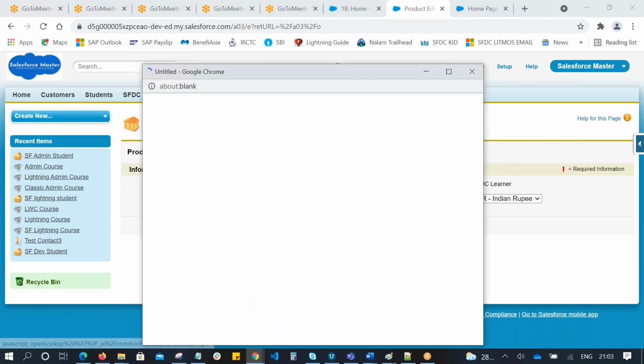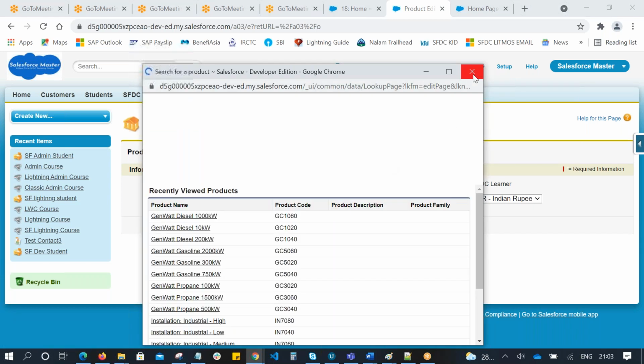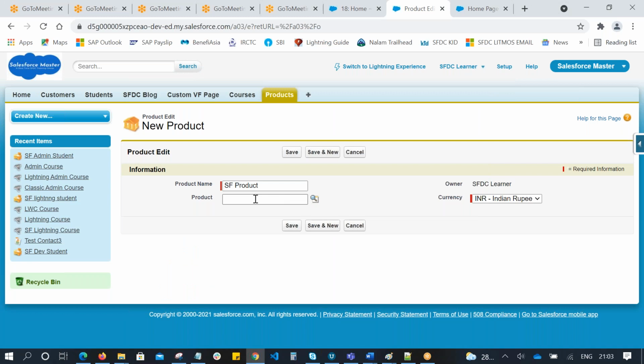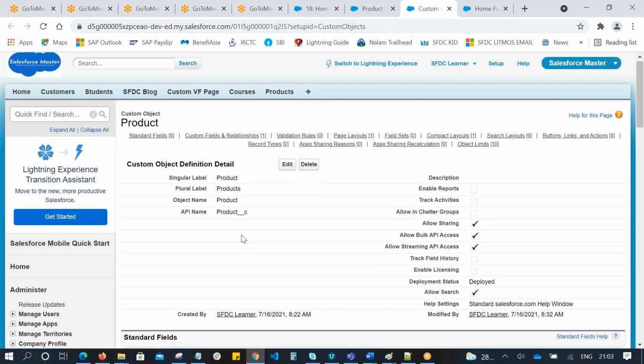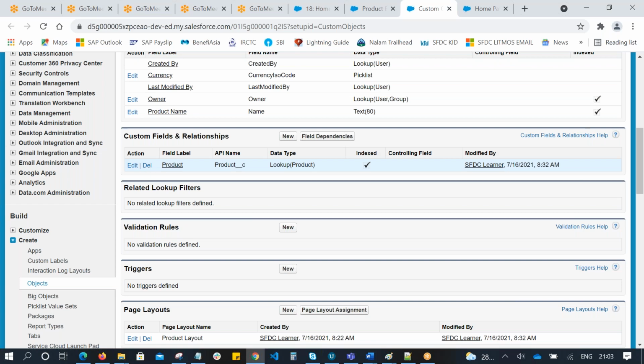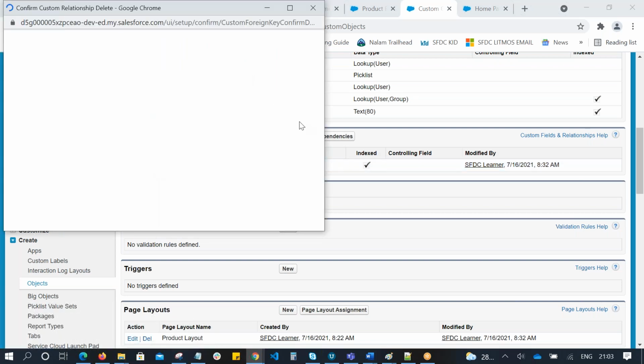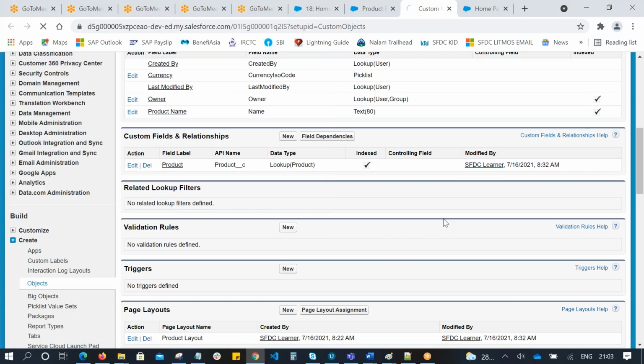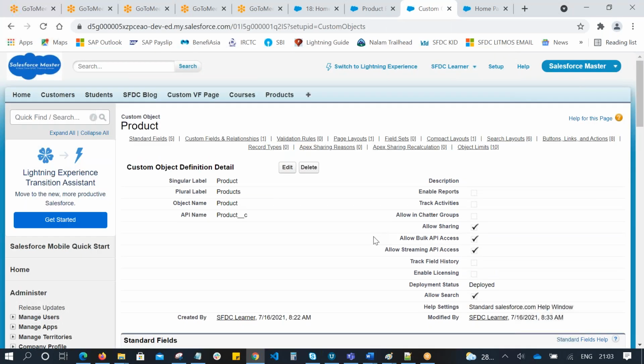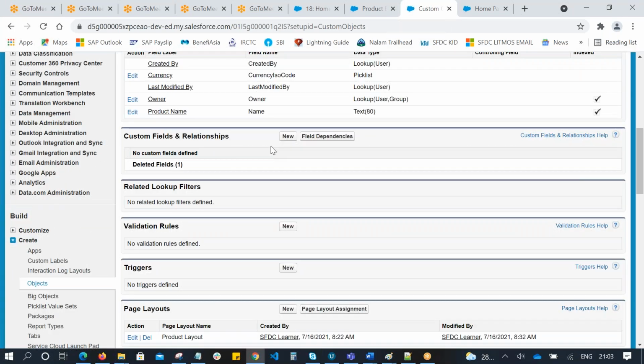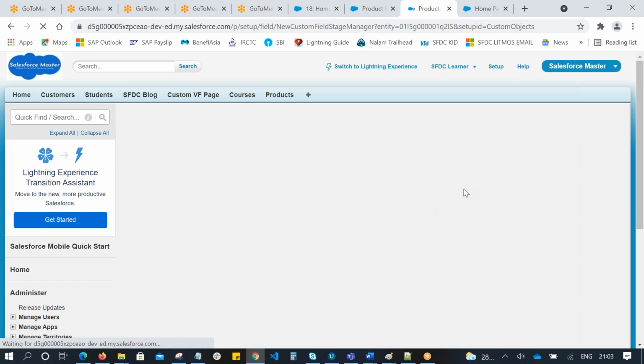We have to select it. Actually, we need to build a relationship with the customer object, so we have to select it to do that. We got confused, so let's delete this relationship and create a new relationship with customer.